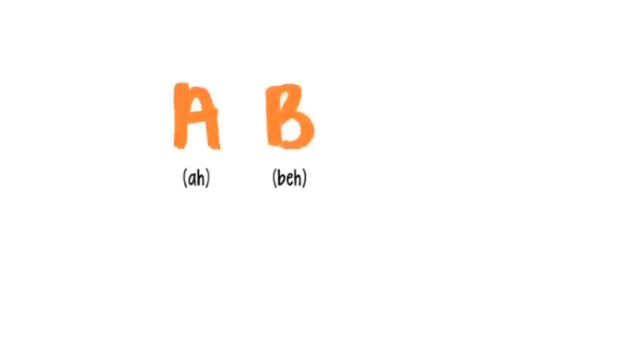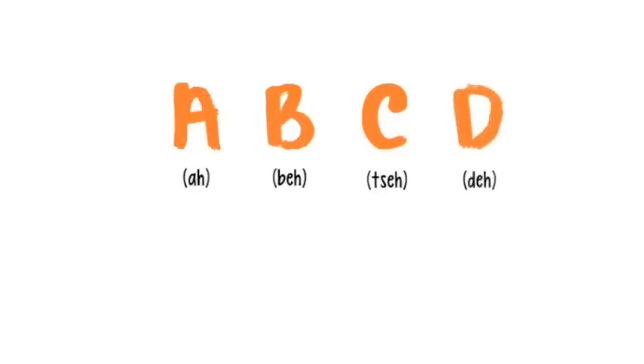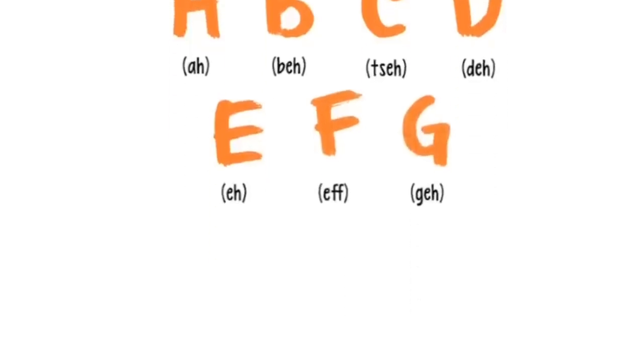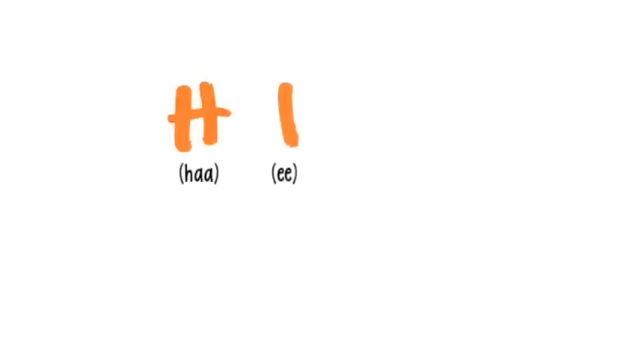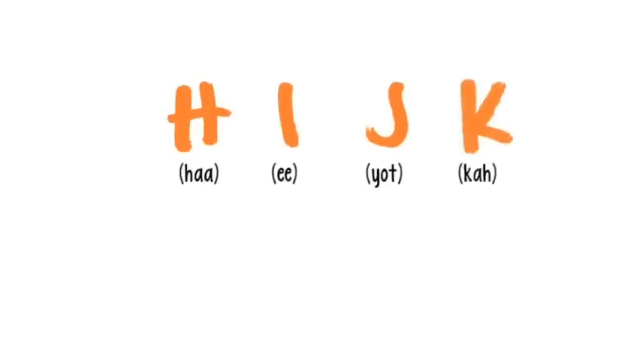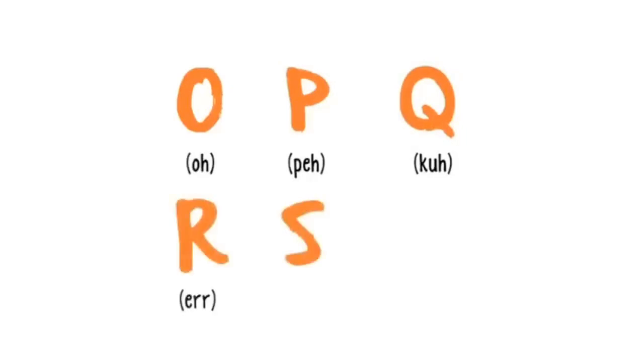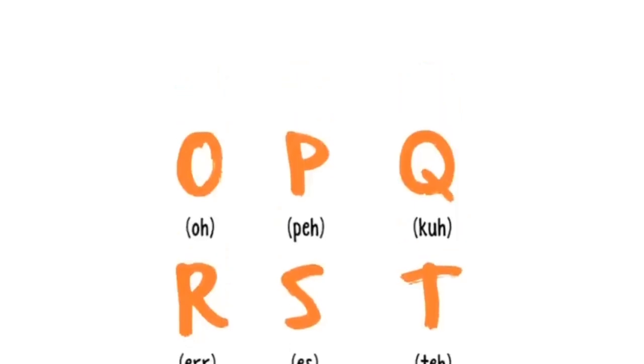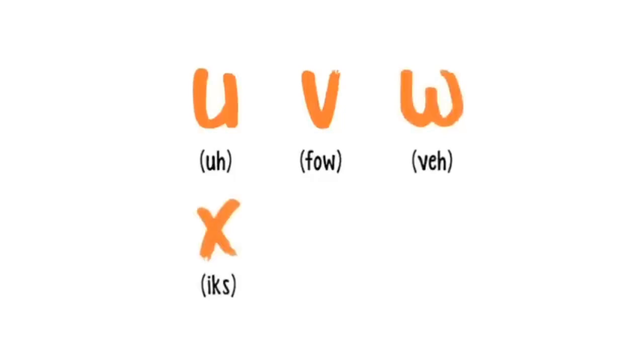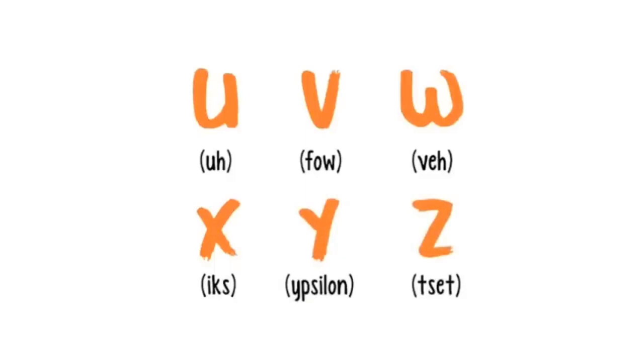A, B, C, D, E, F, G, H, I, J, K, L, M, N, O, P, Q, R, S, T, U, V, W, X, Y, Z. Well done! This was the first 26 letters of the German alphabet, and as you can see, the